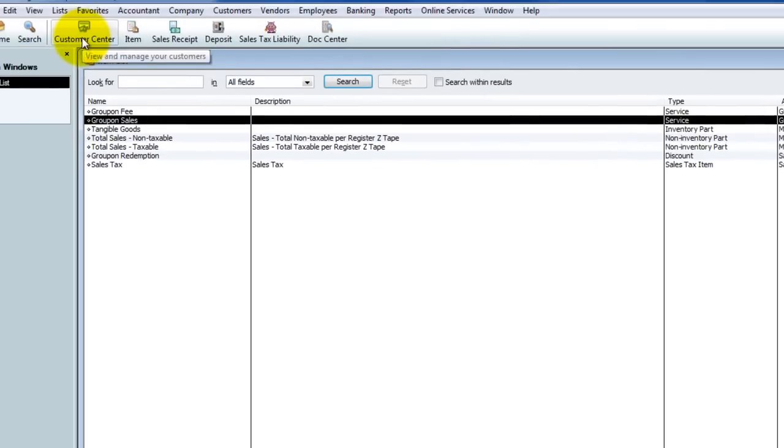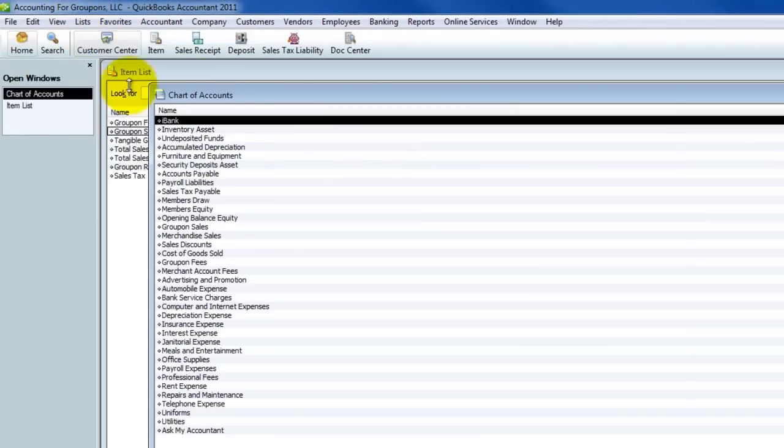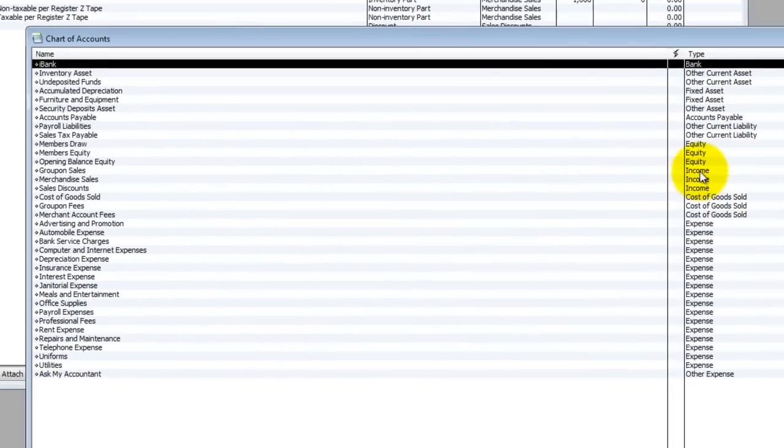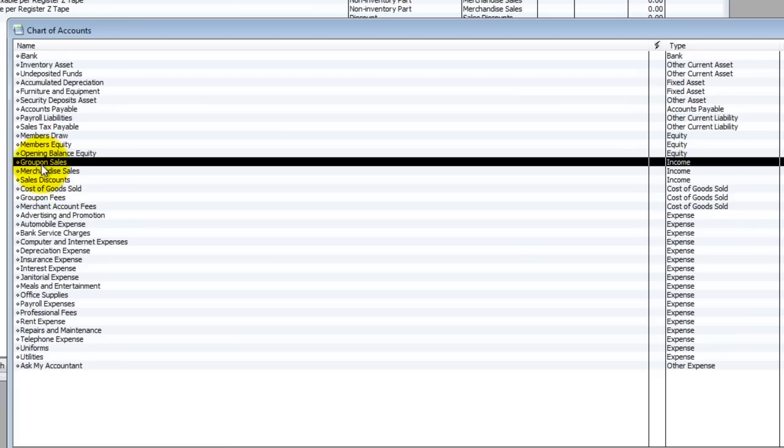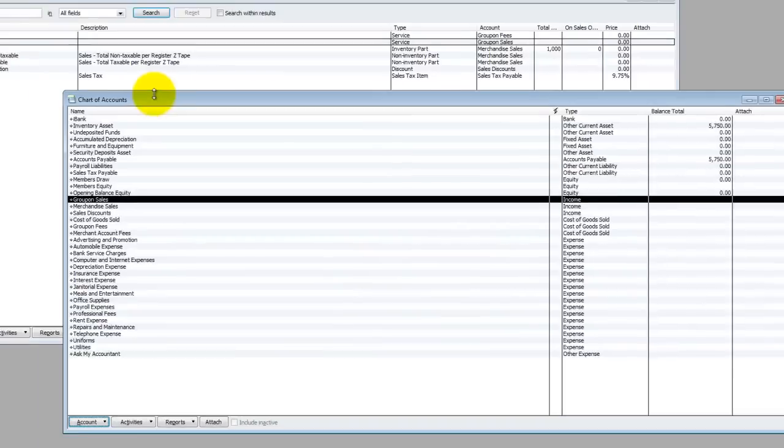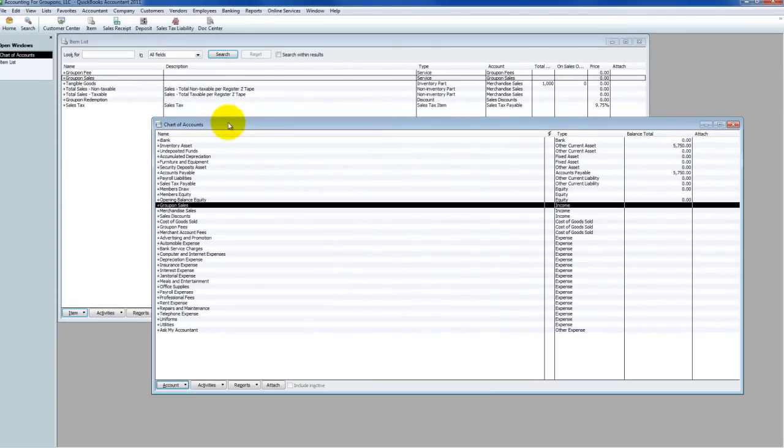Now, the way I set this up on the chart of accounts, just so you can see it, is over here I actually created an account called Groupon sales. Now, you may or may not want to do this. I would do it this way because I would like to see. The argument against doing it this way is you're only going to do a Groupon once in every little while